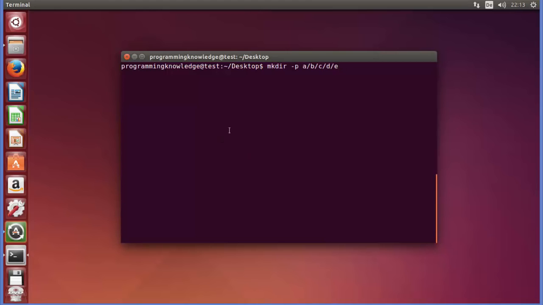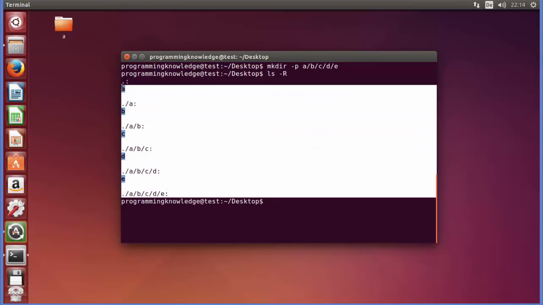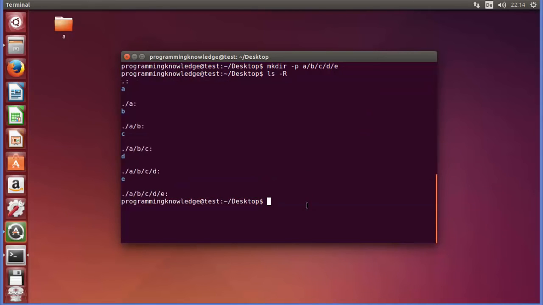I will press enter, and it creates the directory structure once again, and then I will just do ls -R, and you can see the directory structure is created. And then there is one command, which is this rmdir -p, and then for example you want to